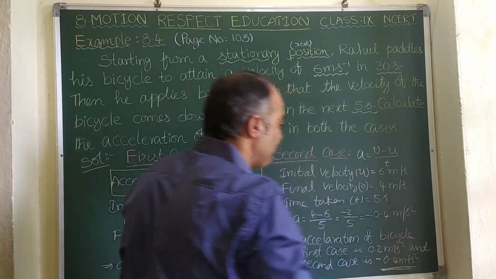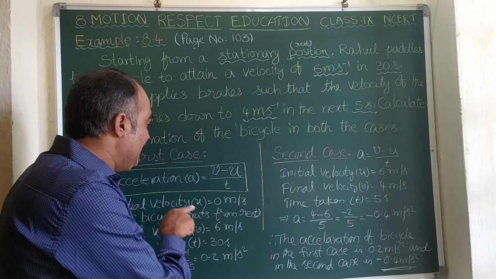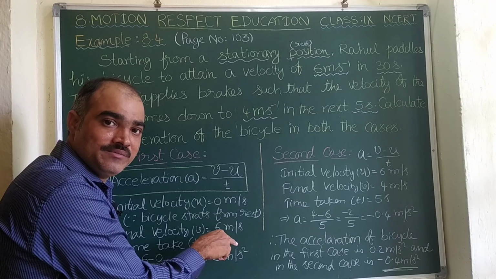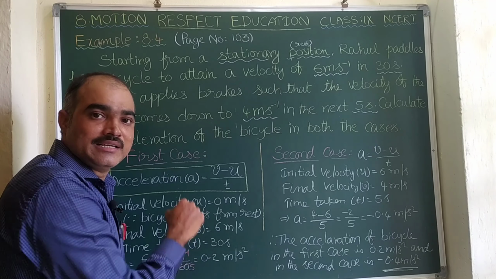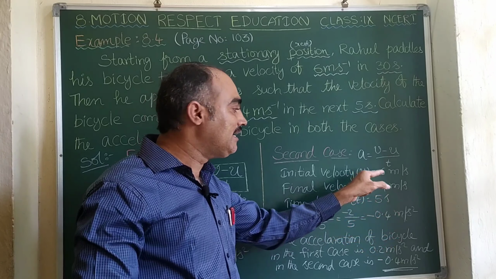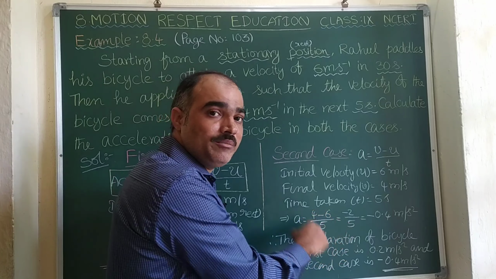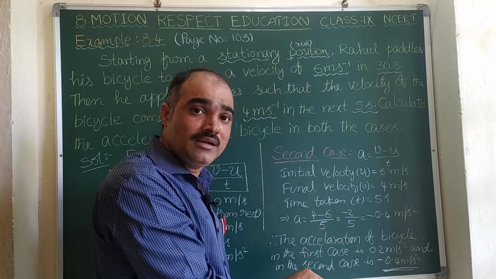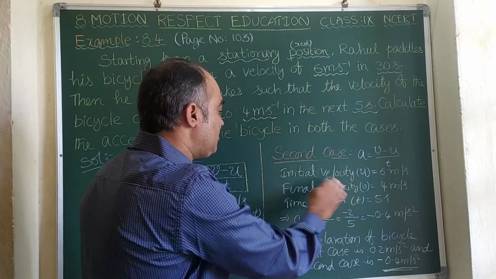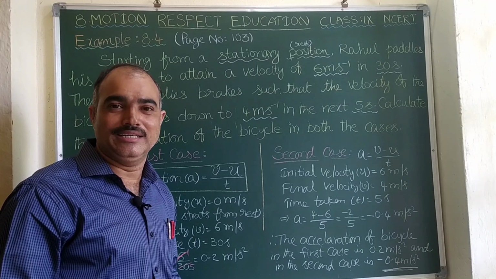Here you understand that we got the positive acceleration, here we got the negative acceleration. What is the reason? Here the speed is increased. See, from 0 it became 6. So speed is increased. That will give us a positive difference. So that's why the acceleration becomes positive. Here the speed gets reduced. When we apply brakes, definitely speed will be getting reduced. That means 6 becomes 4. When the speed gets reduced, in that case acceleration becomes negative. Negative acceleration is also called deceleration or retardation. That will be another concept. So for this question, these are the answers, and with this the example 8.4 gets completed.